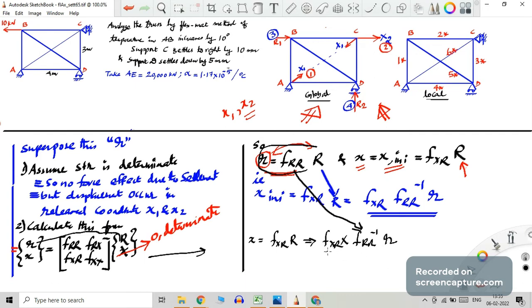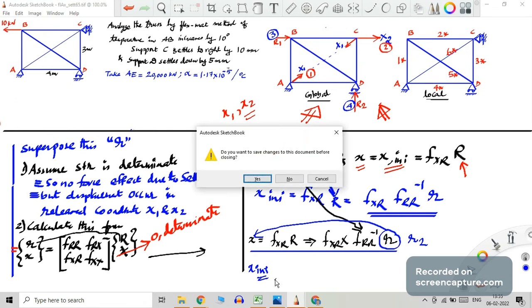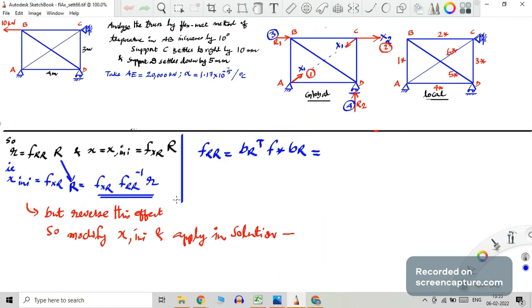So what happened here is, by this equation you have converted small r, here exactly small r2, into x initial, small x. So that is what is to be done in order to handle small r. I hope you got it. Now, even though you will be getting an x initial by this expression, F_XR into F_RR inverse into small r,